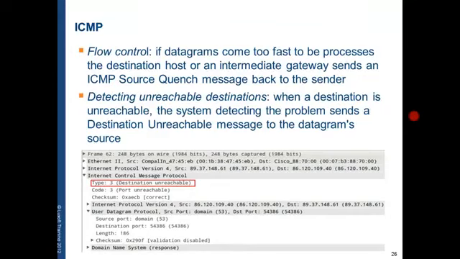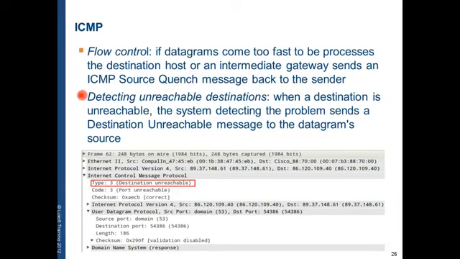If this case is encountered, the receiving end will reply with an ICMP source quench message back to the sender, which will tell the sender to slow down the rate of sending. If we have a performant device working with an older device, we may encounter this kind of situation when the receiver is the older device. It cannot process the packets as fast as the modern device sends them.